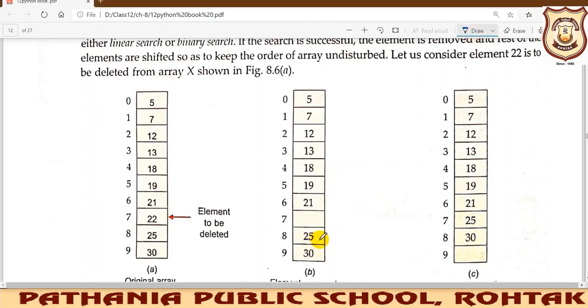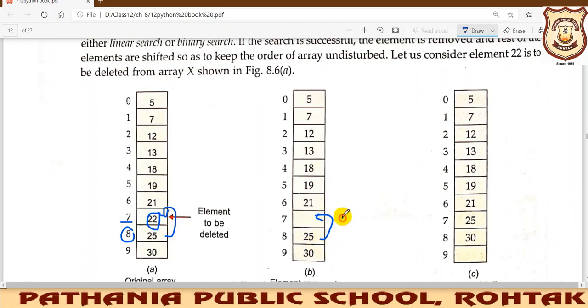What we need to do is shift the next element to this position, so it will automatically overwrite 22. We are not going to delete it, and there is no need to give any delete command. Just give the element that is present next to that index to that particular place. It will automatically be overwritten, so you just shift it here.